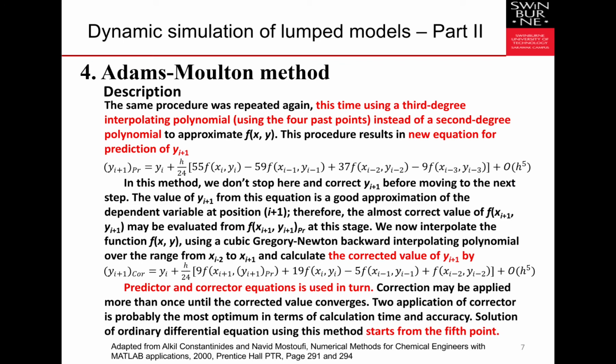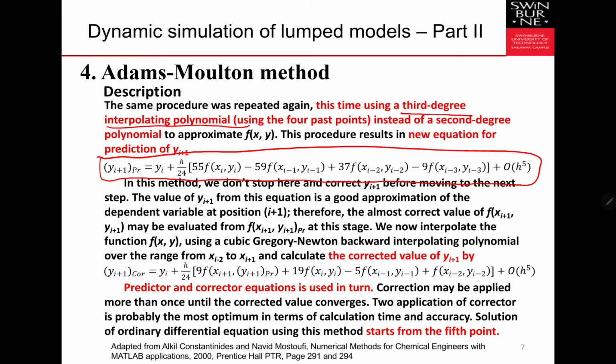After we derive the Adams method, the Adams-Moulton method, the derivation is similar, but in here we have to use a third degree interpolating polynomial. Okay, and then the thing that is different is that firstly we get the predictions of the yi plus 1 using these equations in here in a similar manner. What you can observe that is different in here is that the error is much lower, I think one order lower than the Adams method.